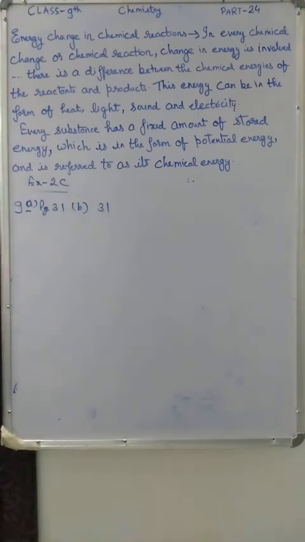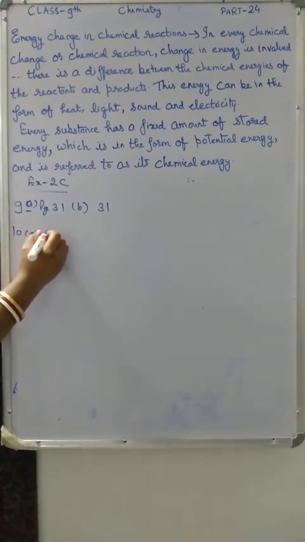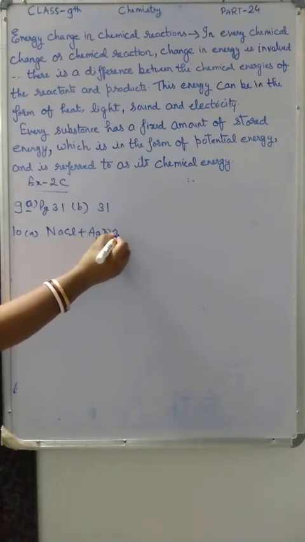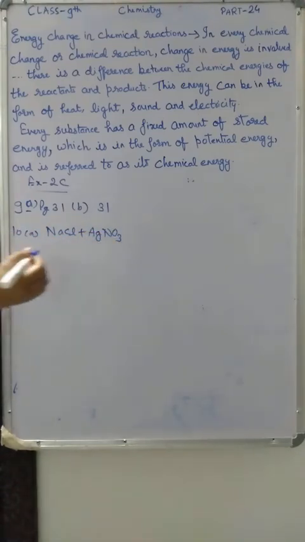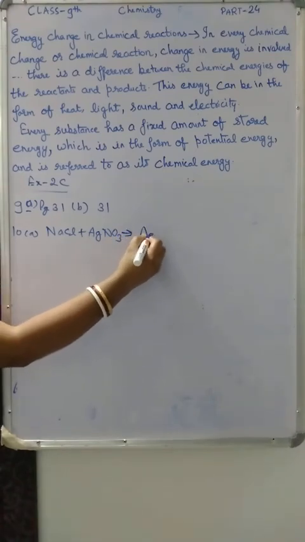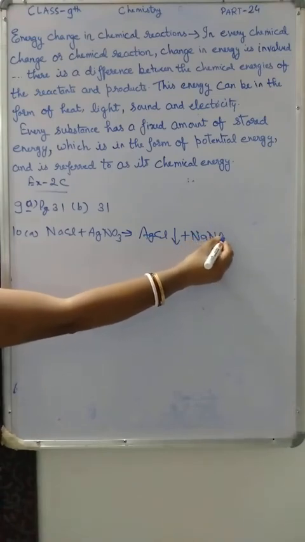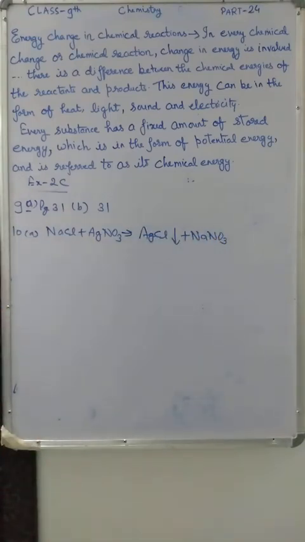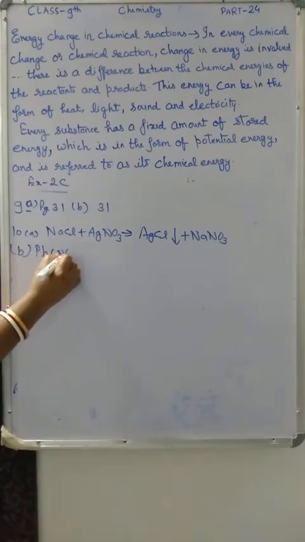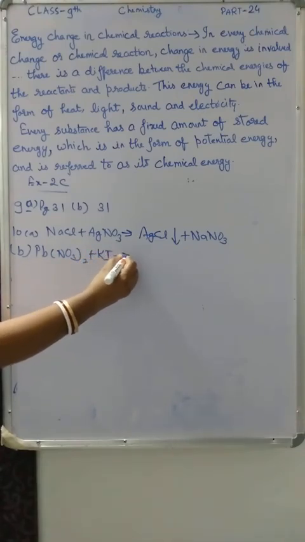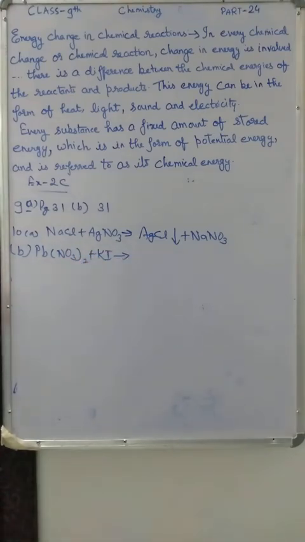Complete and balance the following reaction. This one I am solving. You have to complete it. This is a very simple reaction. When sodium chloride is reacting with silver nitrate, what will you get? Silver chloride precipitate and sodium nitrate in aqueous form. If it is not balanced, you have to balance it. Now second one, lead nitrate is reacting with potassium iodide. You will get